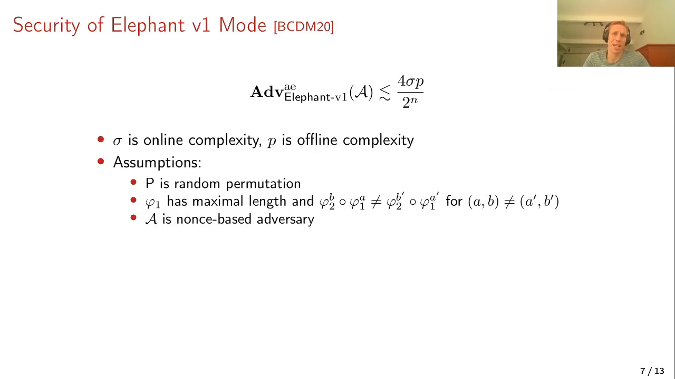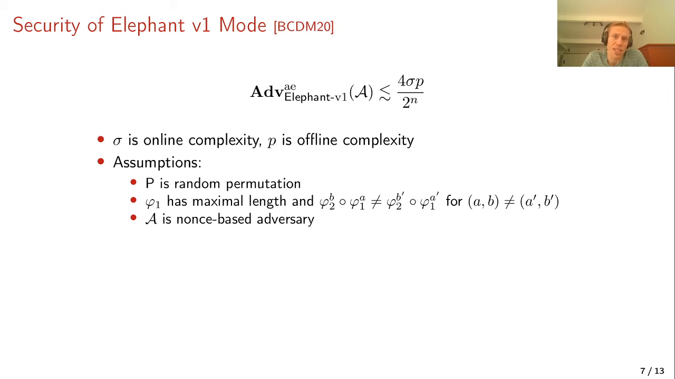And Beyne et al., at FSE, the special issue for NIST competition schemes, proved that Elephant V1 achieves AE security, so confidentiality and integrity, up to around 4 times sigma times p divided by 2 to the n, where sigma is the online complexity, so the number of data blocks that are authenticated and encrypted, and p is the